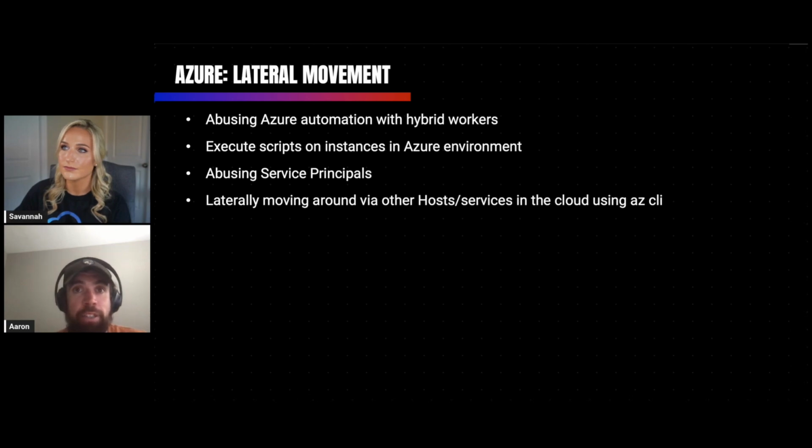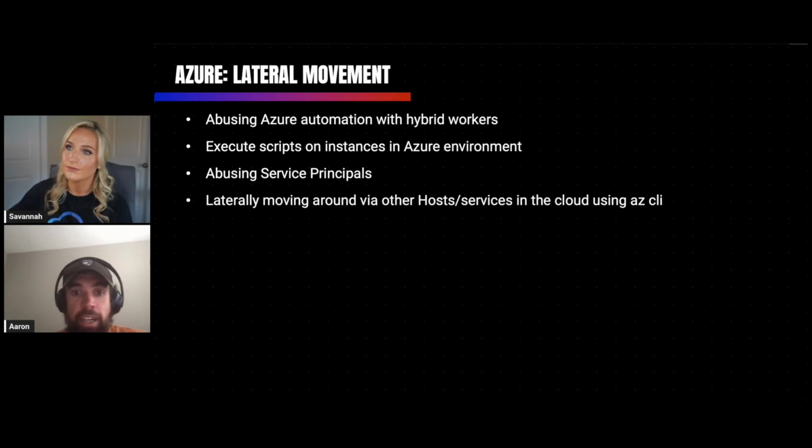There are a lot of different contributor roles within Azure, and when creating applications or granting users access to these different roles, it's important that the roles associated with that application or service principal do not allow that user to escalate privileges and laterally move throughout the environment.